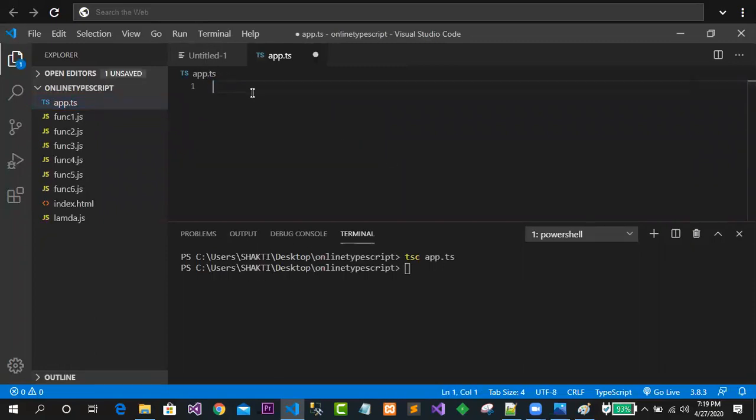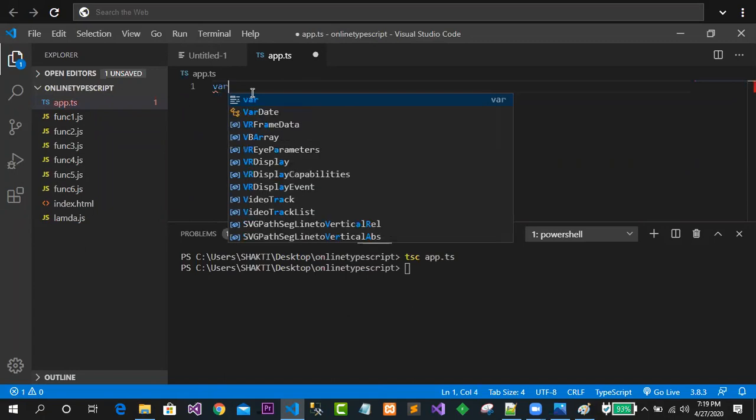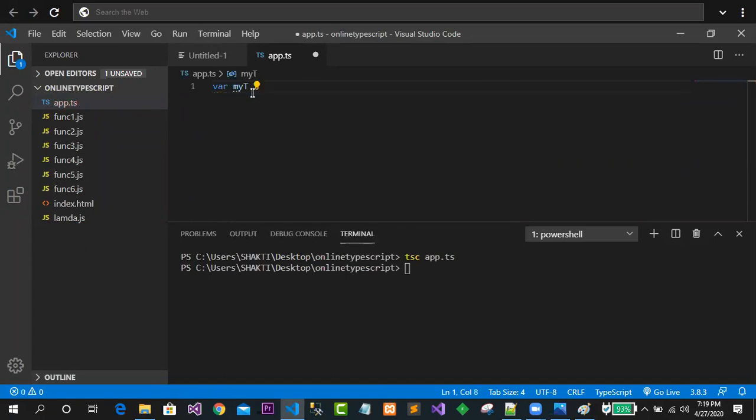Let me take one tuple again. This is var myTuple. Just see, again I'm writing. Let's say 10 and a string value, that is Sakti. In this case I will use console.log of myTuple[0], and then console.log of myTuple[1].